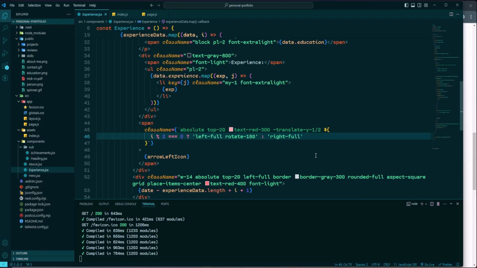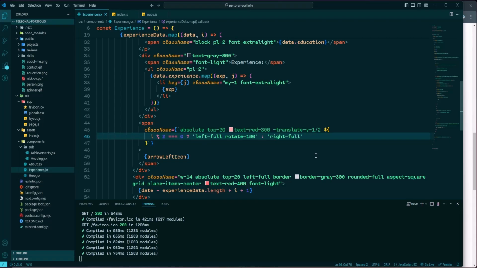The first class positions the icon completely to the left of its containing element. In Tailwind CSS, left full moves the element to 100% of the parent's width, pushing it to the left edge. Then we have rotate 180. This rotates the arrow icon 180 degrees, effectively flipping it to point towards the right. This is necessary because the arrow needs to point towards the block when the block is on the left side